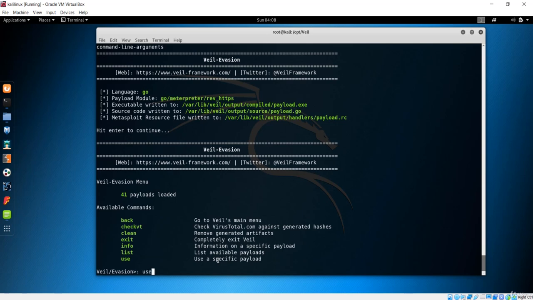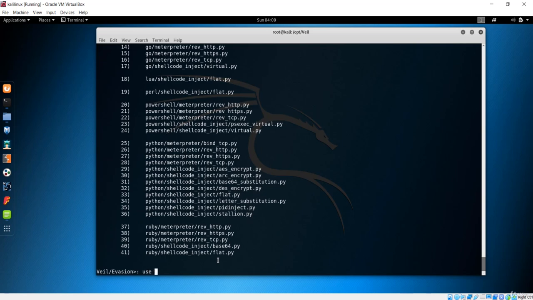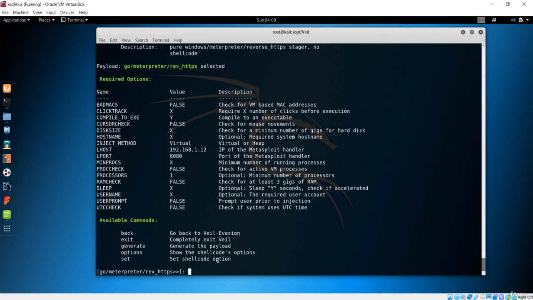So let me use, again, number 15. If you list all of the payloads, payload 15 is the reverse shell, reverse HTTPS. So I'll use 15, and you can see we already have the command right here. So let's make some changes.